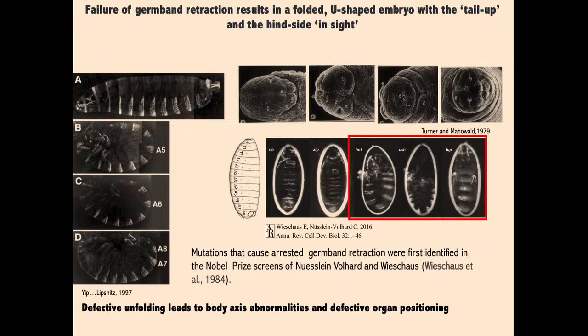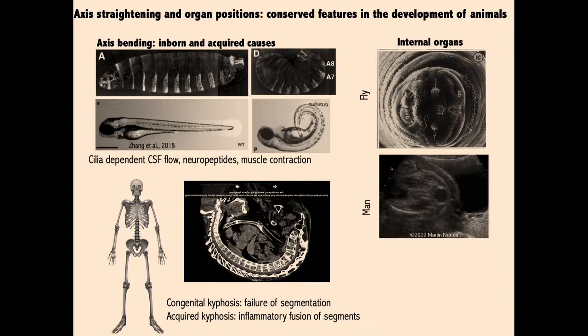And just like Professor Bose was talking about why genes got names like Van Gogh and Starry Night and all of that, these genes were called hindsight because the hind end is actually close to the eye, or U-shaped because the straightening didn't happen, or tail up because the tail was on top, not at the back. And so we've known for a long time that there are genes which regulate this process, and we've also appreciated the importance